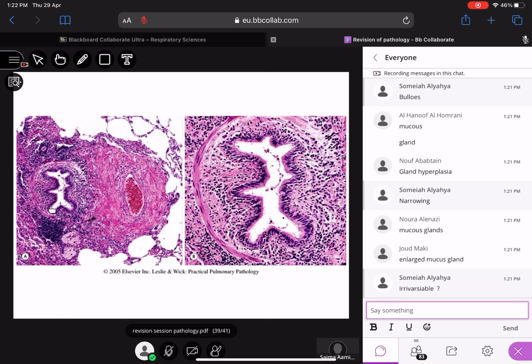So this is again chronic bronchitis where you see inflammation in the wall. Very, very clear inflammation. Even a lymphoid follicle is formed here. And smooth muscles can also be thickened. And there is slight mucus here inside the lumen, but there can be increased mucus inside the lumen. Smooth muscle thickening, inflammation, and there can be mucus inside the lumen.